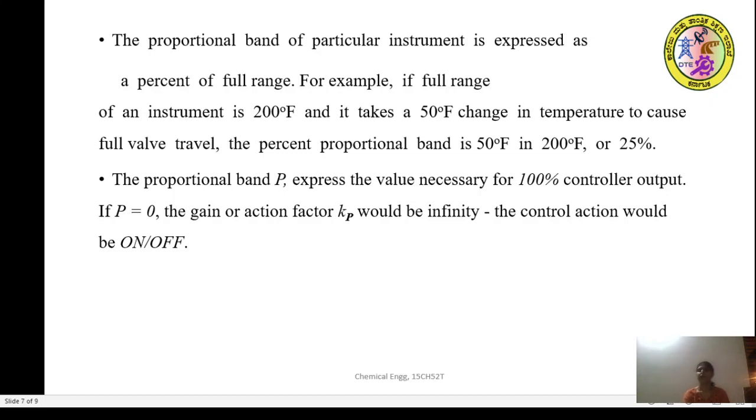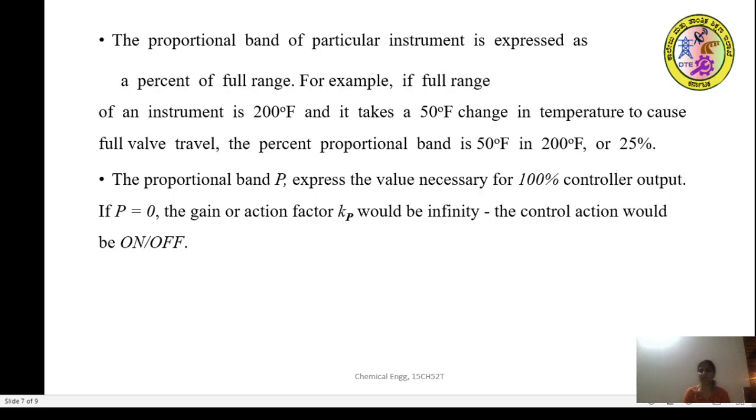For example, the full range of an instrument is 200 degree Fahrenheit, and it takes a 50 degree Fahrenheit change in temperature to cause a full travel of the final control element. Then the percentage proportional band is 50 in 200, which is 25%. In this way the proportional band of particular instruments can be expressed.